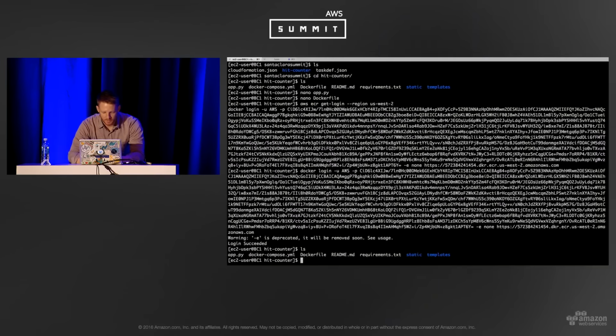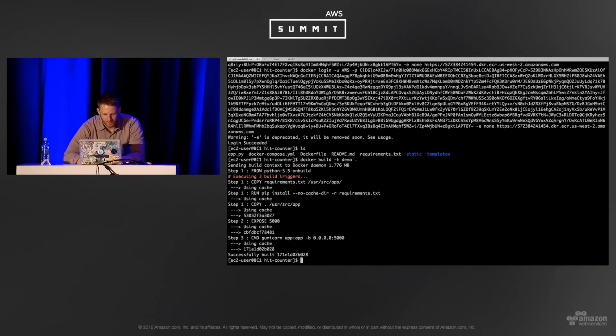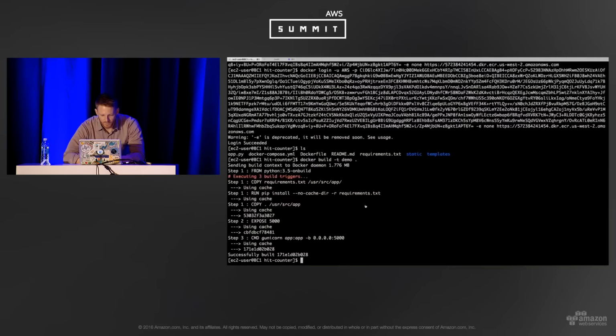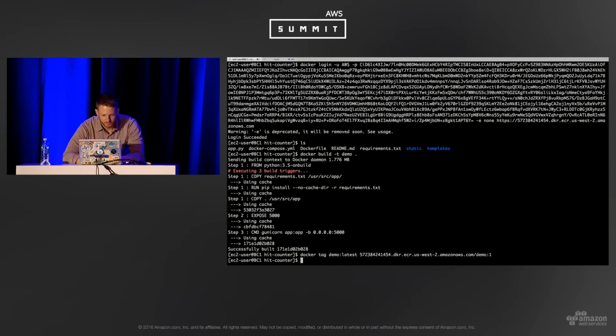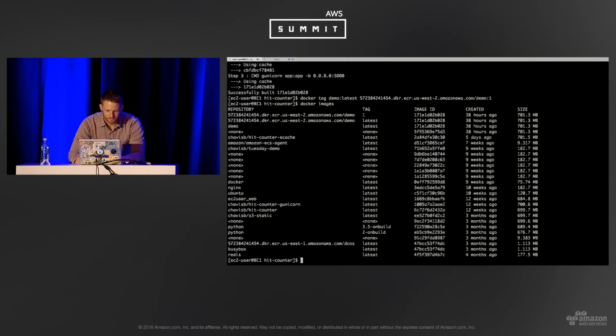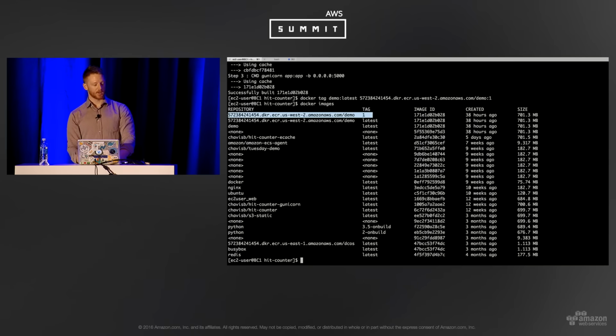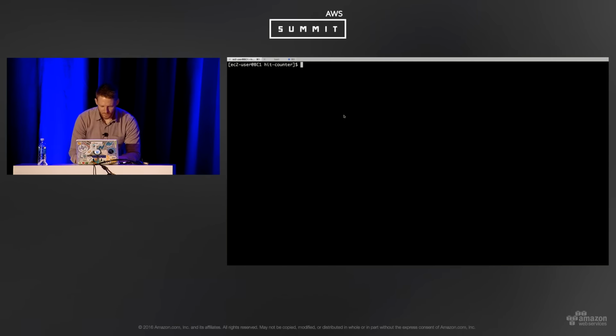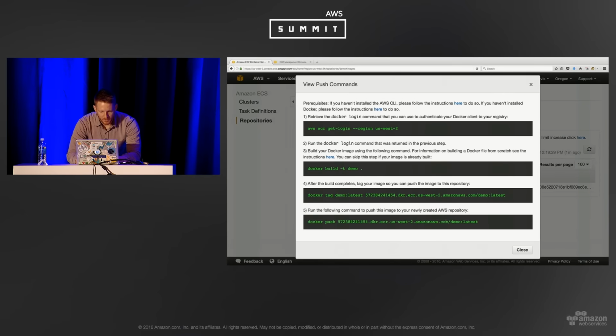All right, so if we do Docker images, we can see up here that I have this image tagged with a repository name and tag 1. And so if I want to push it to my ECR repository, I can go like this. Already exists in the repository again, much quicker than otherwise pushing a 500 meg image. But anyway, I want to go up here and I want to create a task definition. So let's look at my